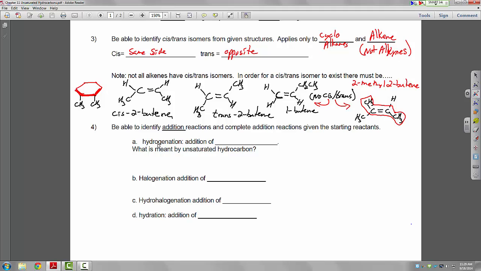Hydrogenation, where the word has hydrogen in it. Right? So hydrogenation is addition of hydrogen. That means one of the reactants, I'm going to put here plus H2, is elemental hydrogen. So another question here, what is meant by unsaturated hydrocarbon? Well, if we look at one of these reactions, let me go ahead and draw